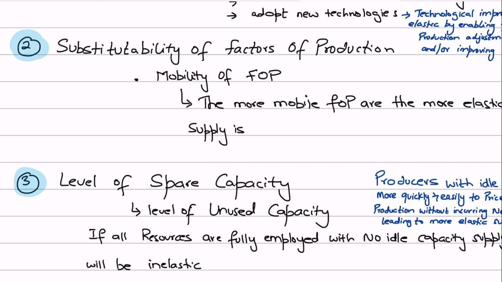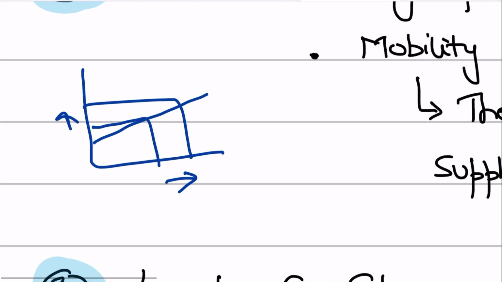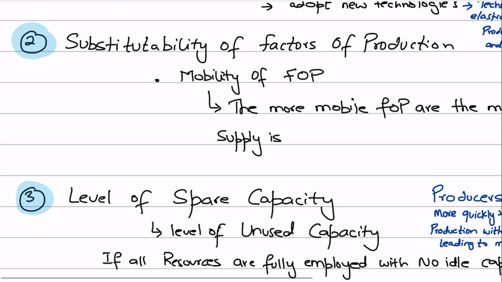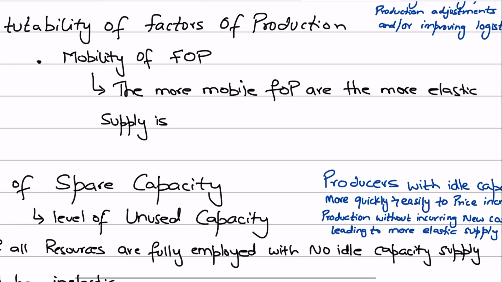Here the response of supply is to price, but why is price going up? If you are saying that producers are increasing output in response to higher price, and that supply is elastic, the point is why on earth is the price going up? It's going up because the demand is going up. That is the primary driver of increasing price. So the more substitutable your factors of production are, the easier it is for firms to respond to higher demand and prices.